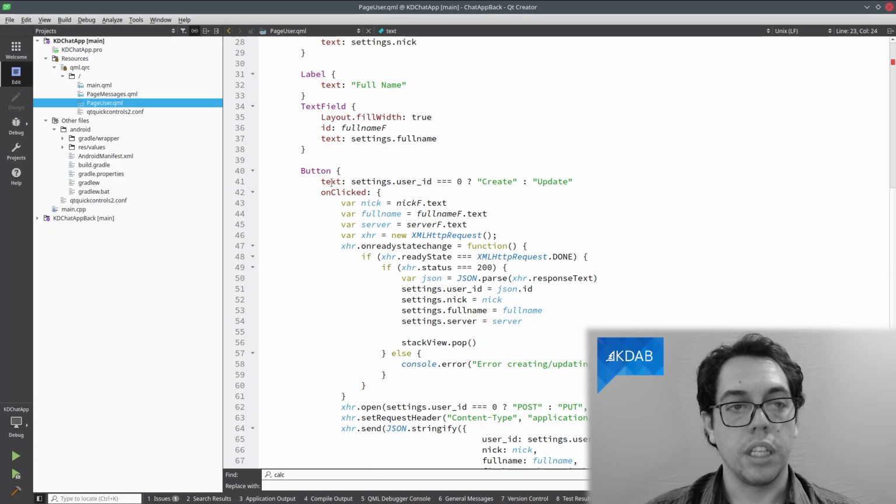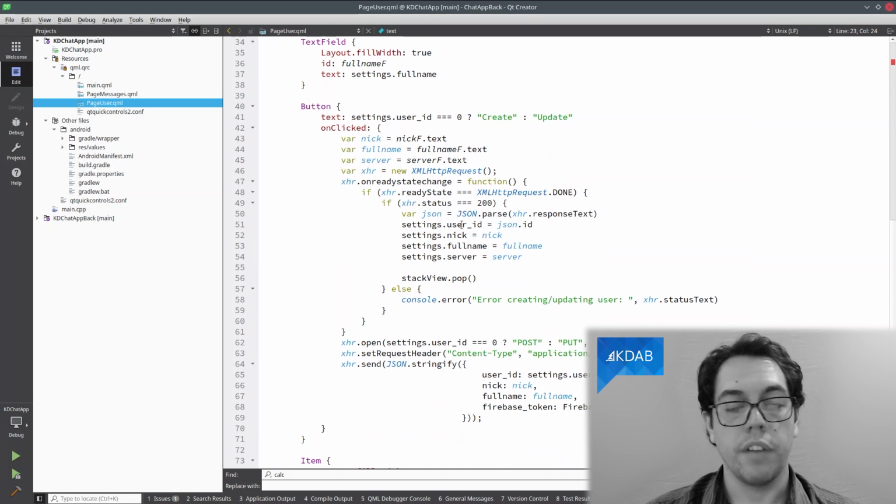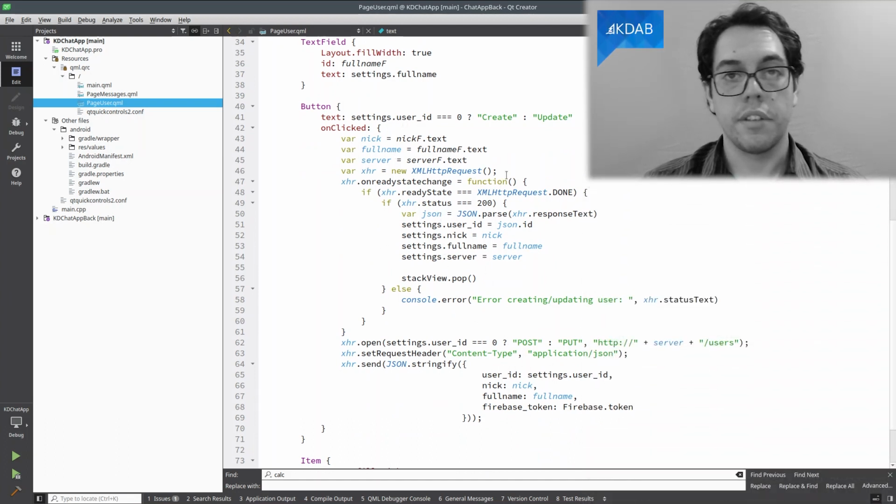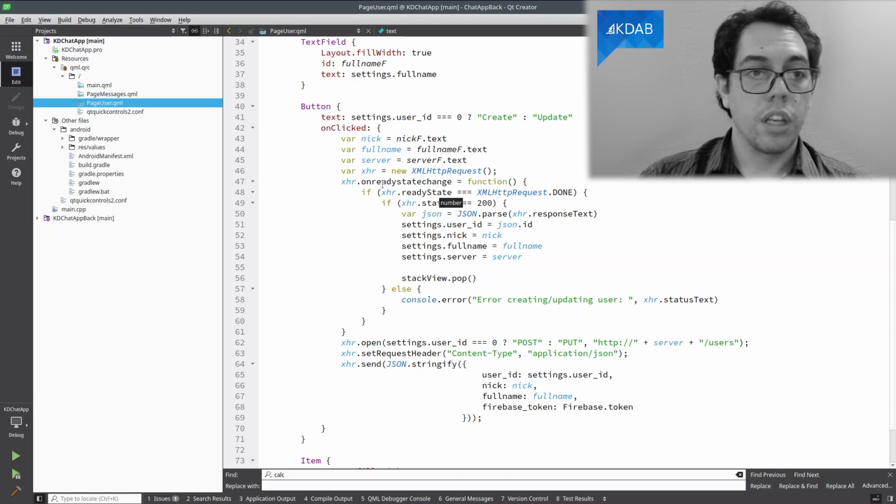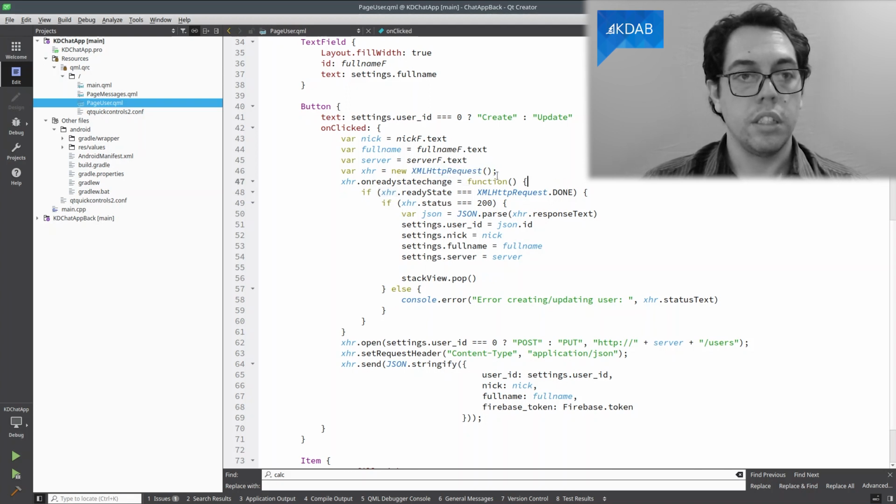When the user clicks on the create button or update button, then we have this JavaScript code which creates a JSON object and sends the JSON object to our server. So we create this request.